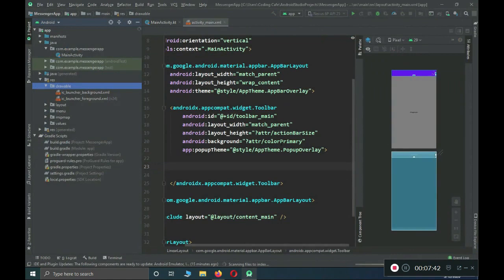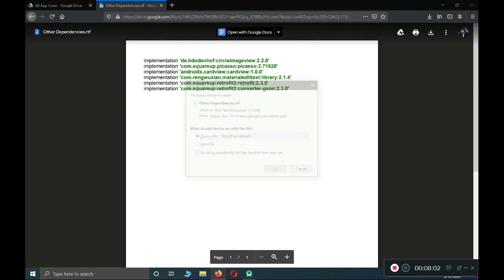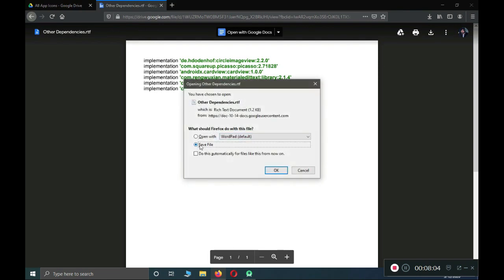So anyways, the next thing is these dependencies that we need to add in our project. This link again will be available alongside the icons link. You can just click on it and it will redirect you to this page. From here you can download this file by the name other dependencies. So just save this file,